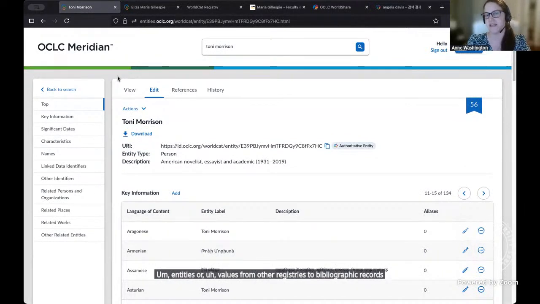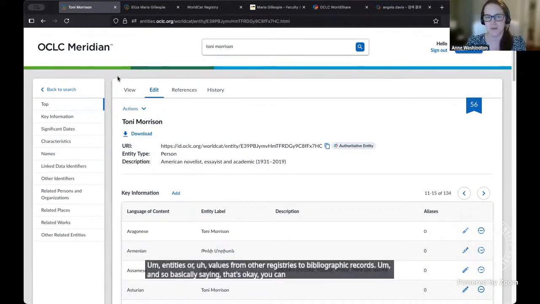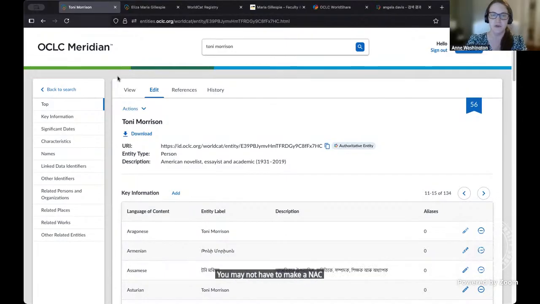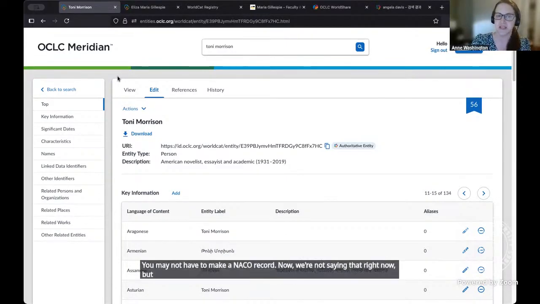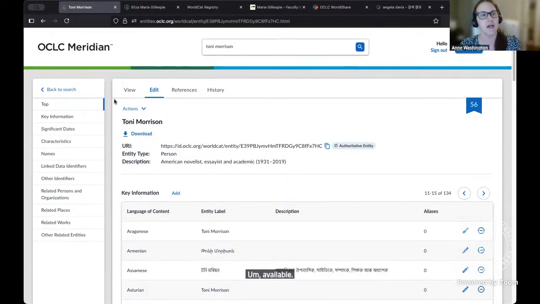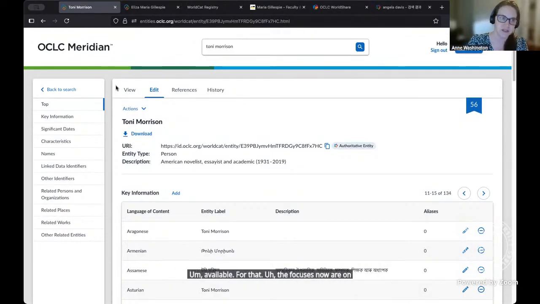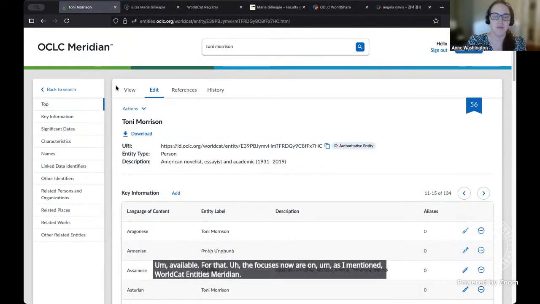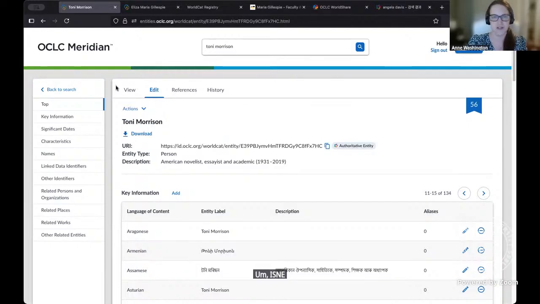And so basically saying that's okay, you may not have to make a NACO record. Now, we're not saying that right now, but we're seeing what it looks like to have other registries available for that. The focuses now are on, as I mentioned, WorldCat Entities Meridian, ISNI, and Wikidata, which is what folks are going to be talking about.